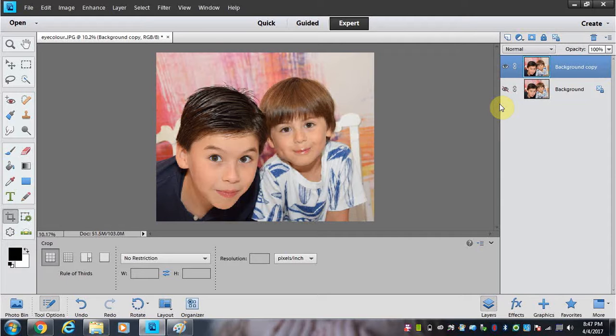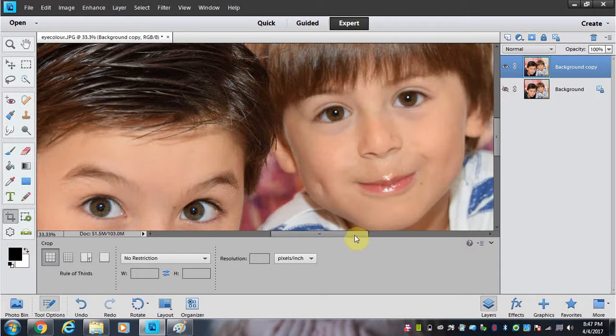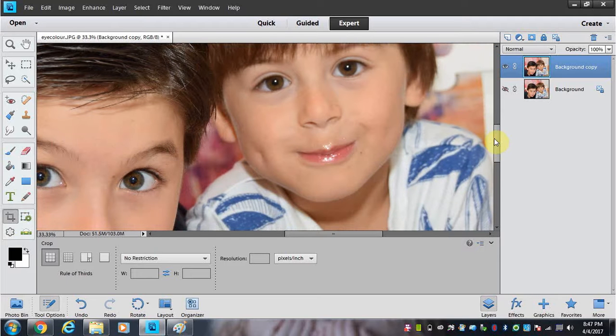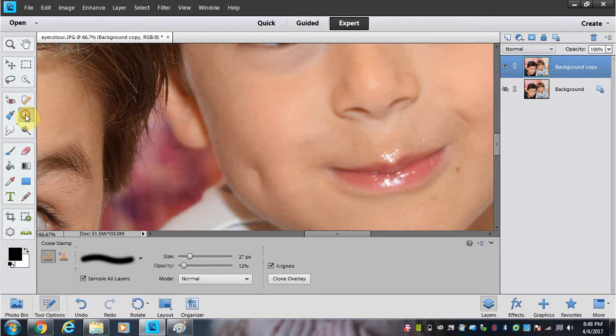Looks much better already. Now, the next thing I noticed before I look at eye color is if I zoom in here, looks like this young lad on the right has been eating or drinking something. He's got a shine on his lips here. We're going to try and fix that. So I'm going to zoom in here and let's use the clone stamp tool. So I'm going to click on that